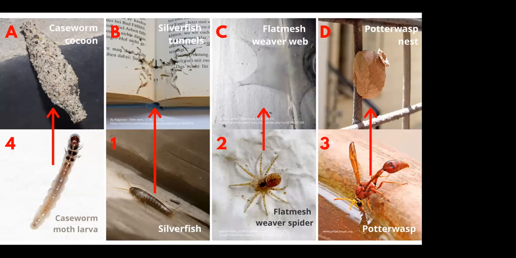So you may see a potter wasp going towards her nest holding a caterpillar or another small insect, and she'll be feeding it to her live young. So keep an eye out, and you might catch some of these beautiful insects in your home. These are insects that can be very easily seen around our home.